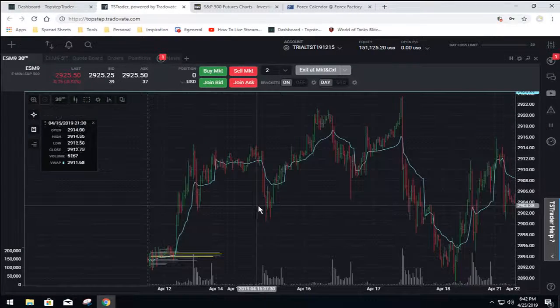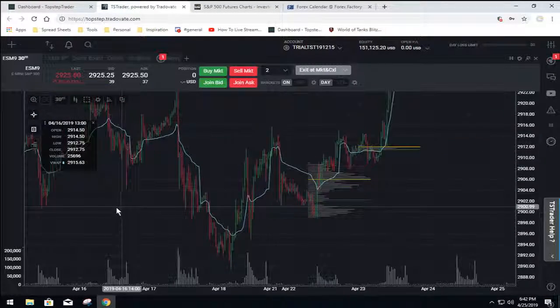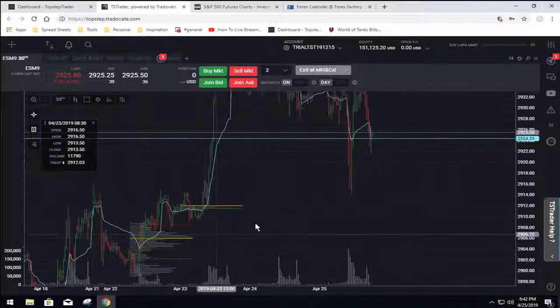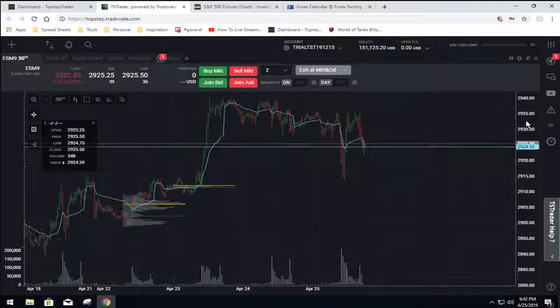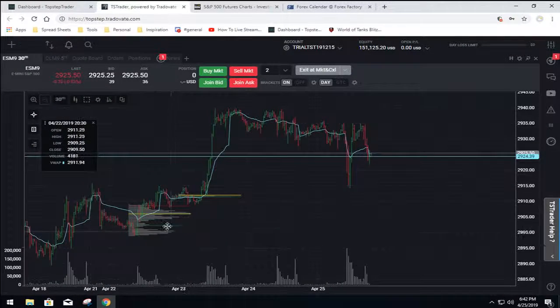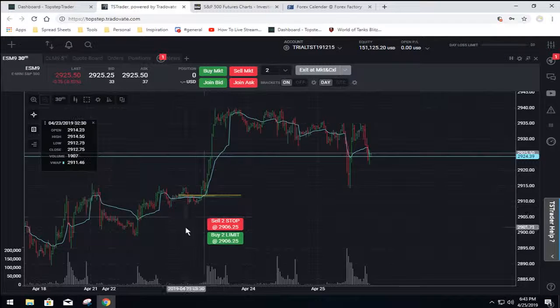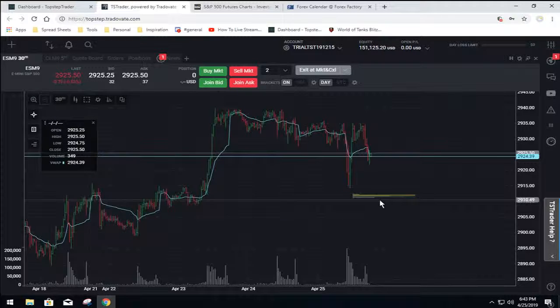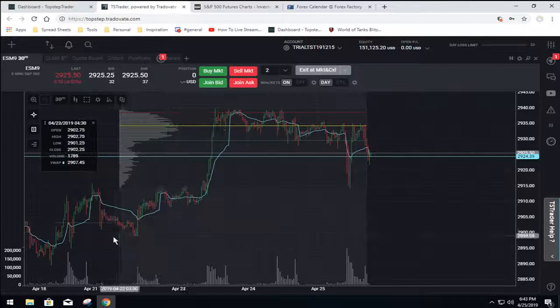I use a different platform to actually get into the market. So, alright, you guys should know what this volume profile is. So this is the volume profile of